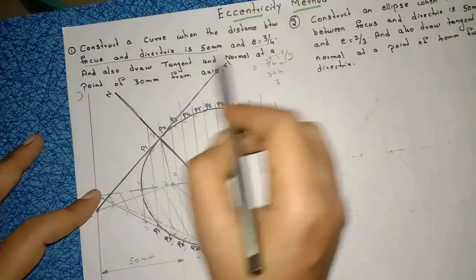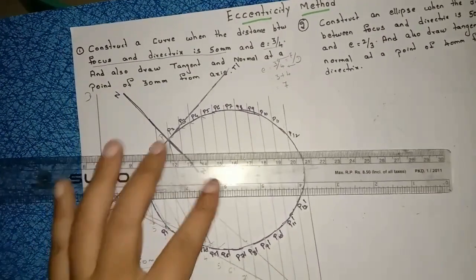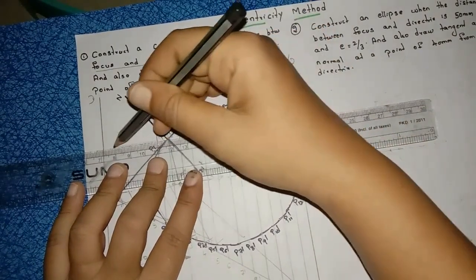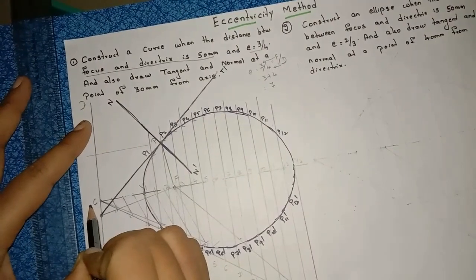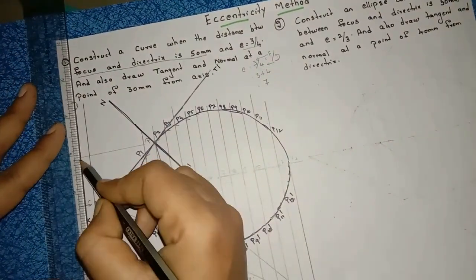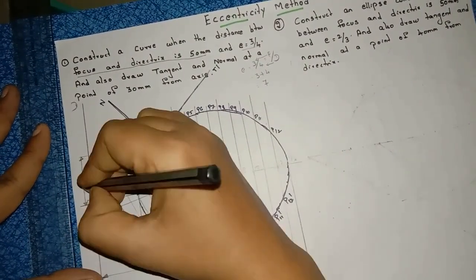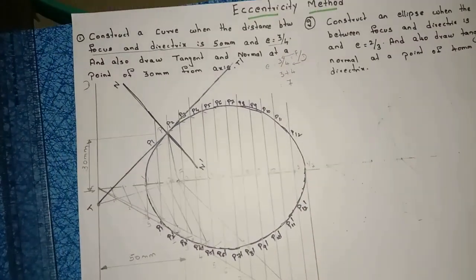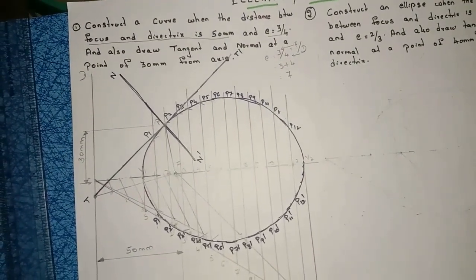Okay? Then next, tangent and normal at a distance 30 mm from the axis, right? So this is the P point, no? This is the P point, no? Draw the extension line, right? So this is your axis line, no? Draw the extension line, right? So draw the dimension line, closed and filled arrow marks, 30 mm, right? Whatever they mention in the question, definitely you have to mention that, right?